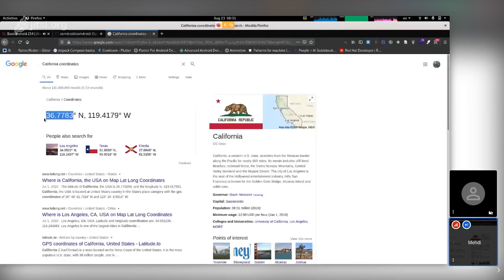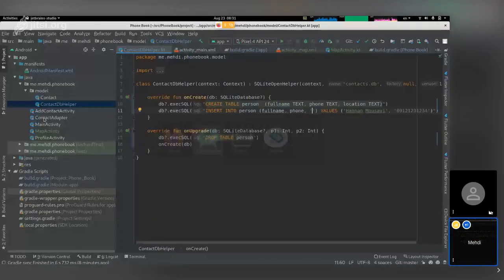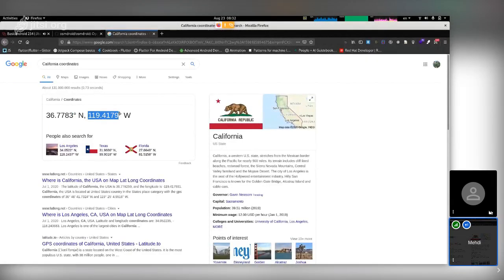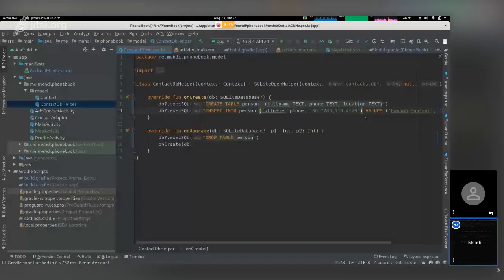So the first one, copy the first one as the longitude. Add a comma between longitude and latitude, and add the latitude as the second part. All right. Now